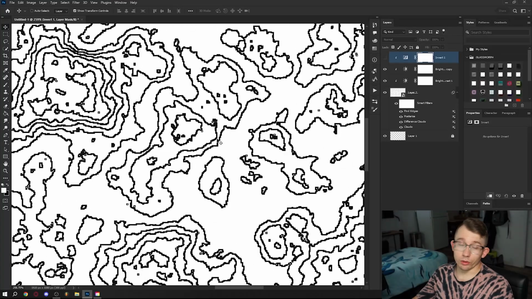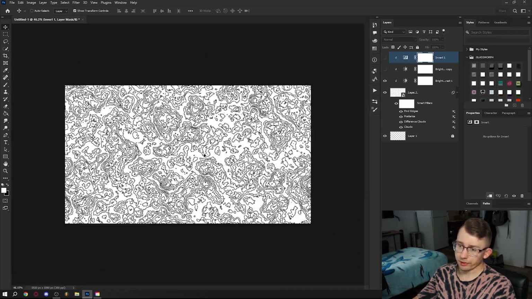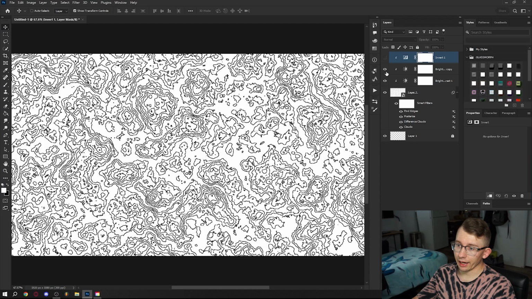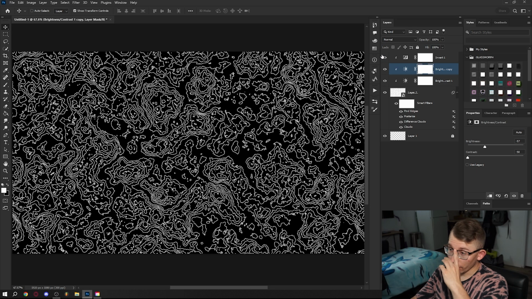The only thing I will say though is if you turn this off, the lines get a little bit less pixelated. So if you want less pixelated lines, I wouldn't have too much brightness and contrast. I would actually probably decrease the contrast on one of them if you want the lines to show up more. Just so when it's like this, there's not as much pixelation. But